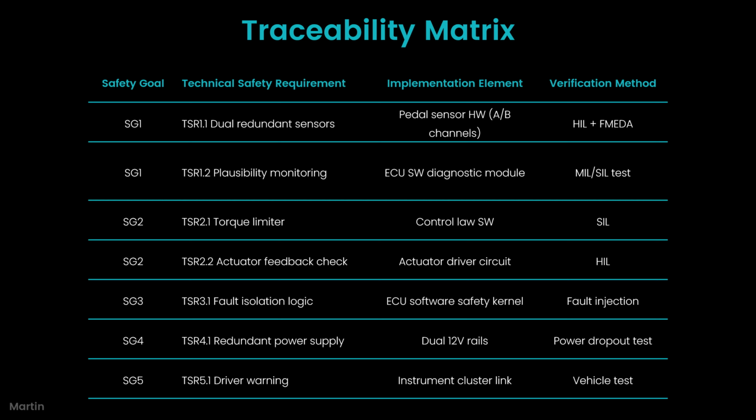In ISO 26262, a traceability matrix ensures clear and consistent links between all elements of the safety lifecycle, from safety goals to safety requirements, implementation elements, and verification methods. It provides a structured way to demonstrate that each safety goal is properly decomposed into technical and software requirements, implemented correctly in the design or code, and verified through appropriate testing or analysis methods such as MIL, SIL, PIL, HIL,